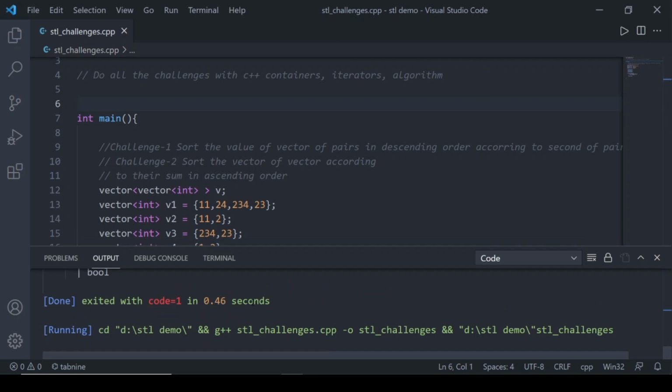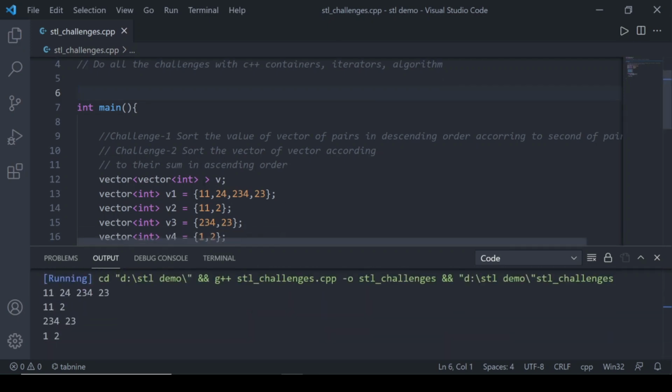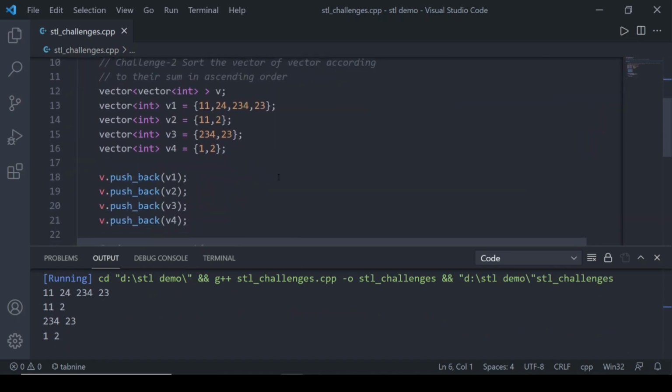Let's see. Okay, so now the vectors are in the order as we have inserted them. Let's now sort them.